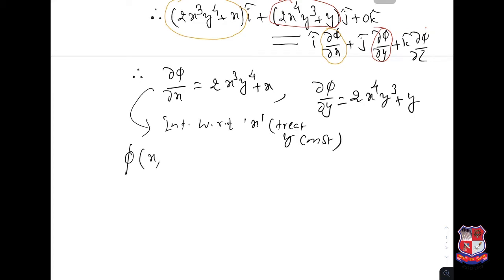Now f is a two variable function, two dimensions. So phi is also two dimensions. We don't write z also. So here we integrate, and then we'll get phi. Here we integrate with respect to x. Basically, we are doing it like this.